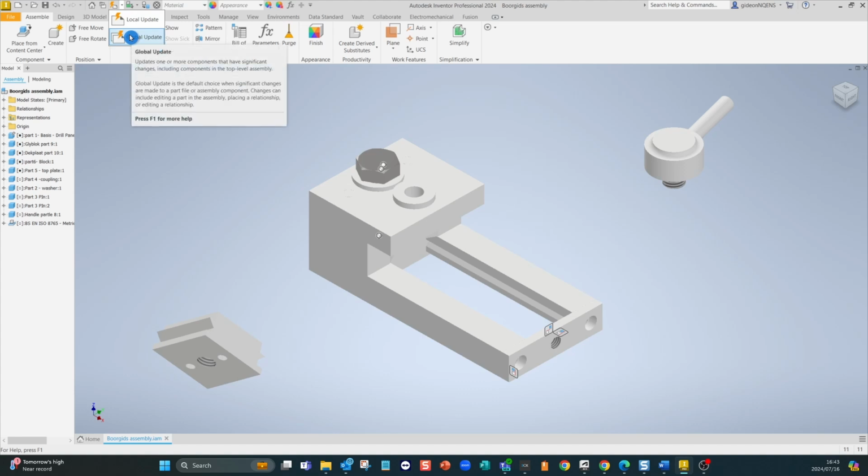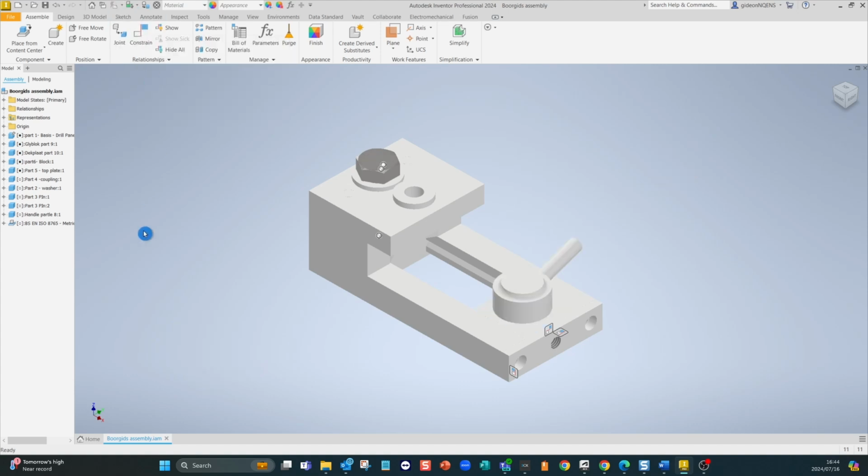Now this is also dependent on how complex your assembly is. The local update will update individual parts within a sub-assembly or single parts, whereas a global will update the entire assembly, including all the sub-assemblies. I know this is a very small part, it's two single parts, and a very simple assembly that has been created. So I'm just going to click on the local update, and everything will go back into